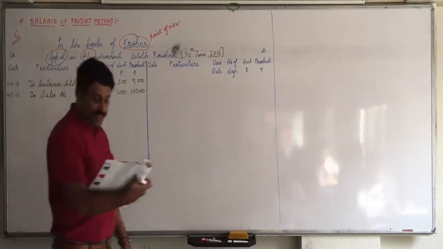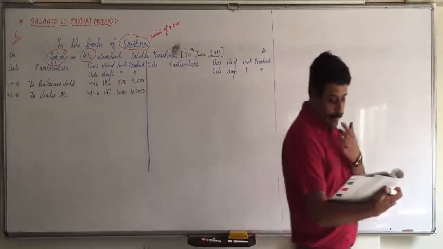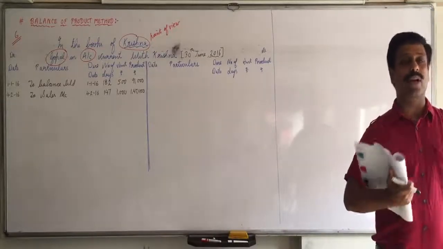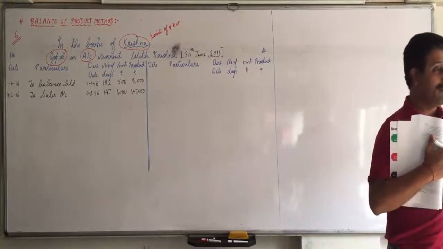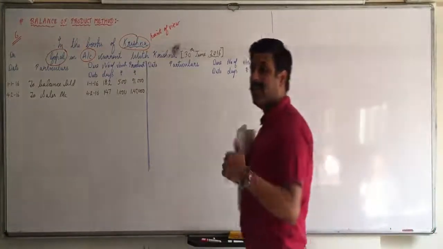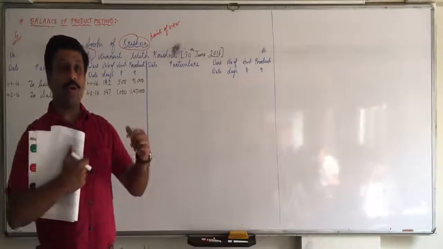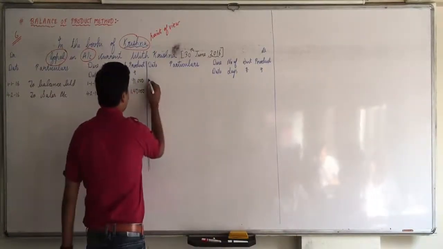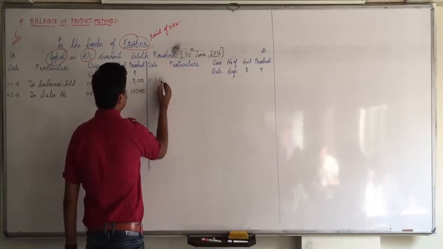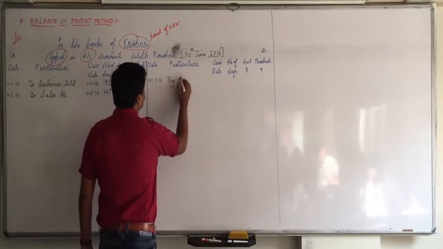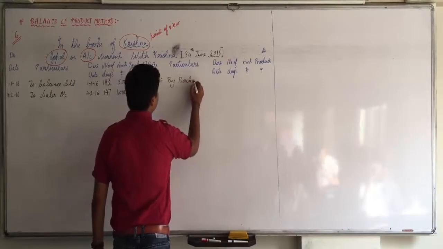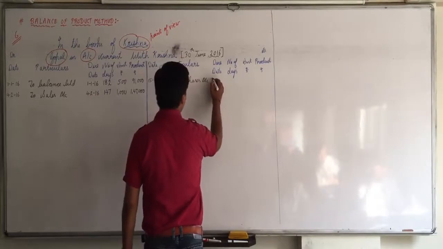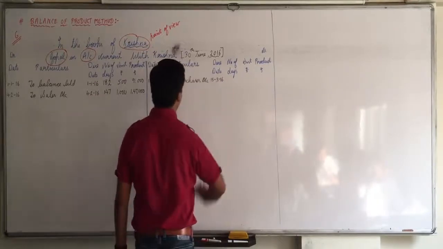Next. 15th March 2016. Purchased goods from Gopal. So goods come in, debit what comes in, purchase account debit. Gopal is the giver, credit the giver, to Gopal account. So in Gopal's account we will write on the credit side. The date is 15th March 2016. Opposite account, by purchases account. No credit period is given, so again due date will be 15th March 2016.